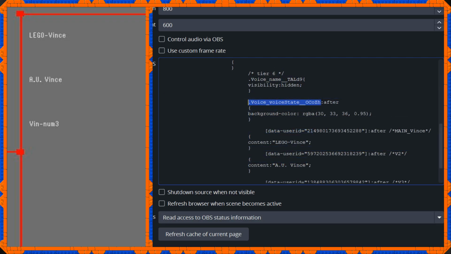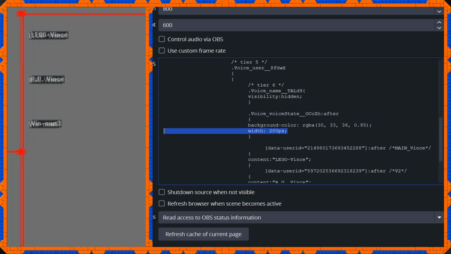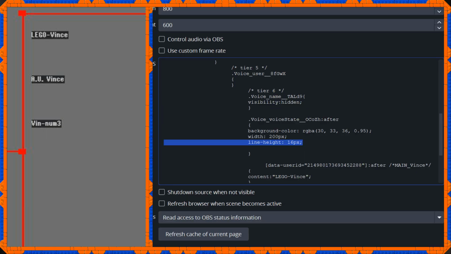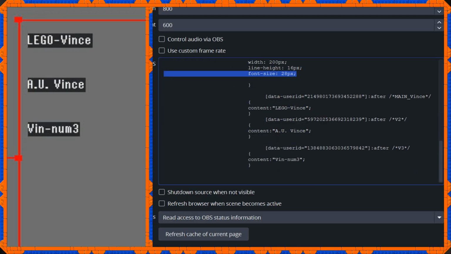Let's go to voice state, and then we're going to add colon after. And we're basically going to re-add a lot of details that we had already and effectively create something new entirely within the original rule. So we're going to have our background color to RGBA, 30, 33, 36, and 0.95 for the alpha channel, width to 200px, line height 16px, font size 28px, color, which is a pretty bright white with